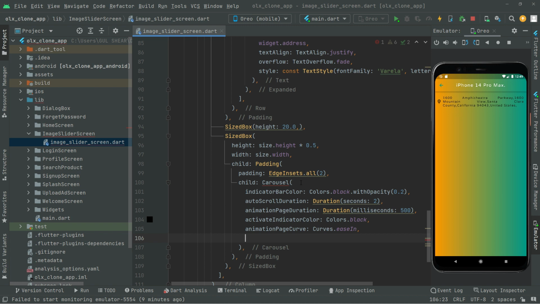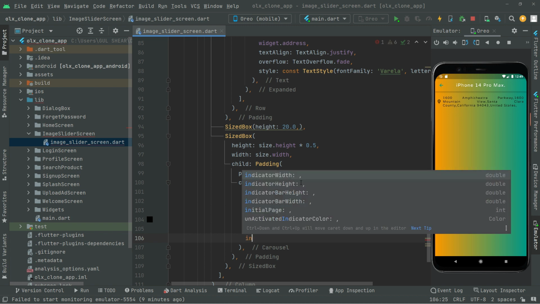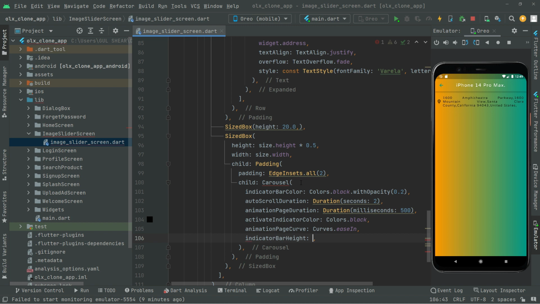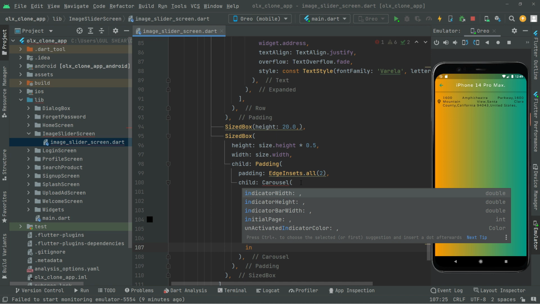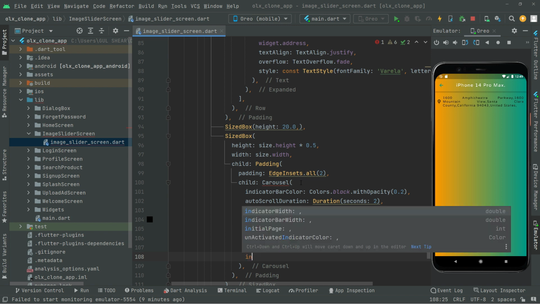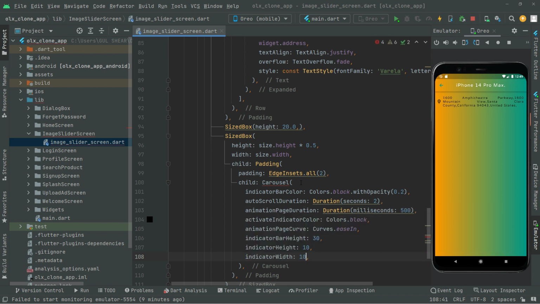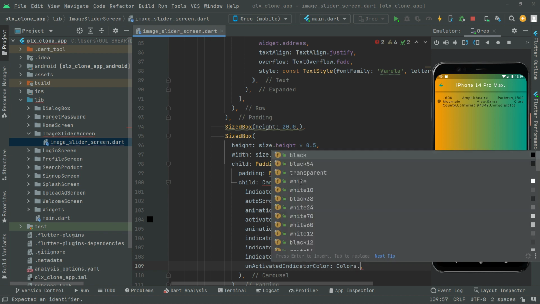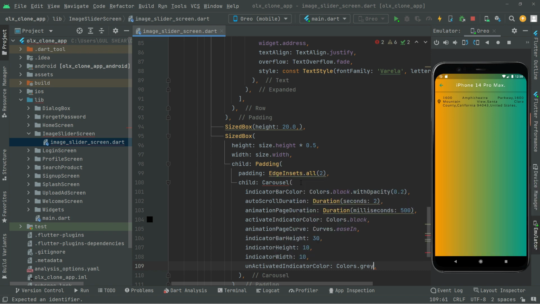Right after that let's set the indicator bar height. Indicator bar height, there we go, we'll set it to 30, and right after that just the indicator height. We will set it to 10, and right after this indicator width set it to 10. Now we'll simply set the unactivated indicator color. In here we'll say unactivated indicator color, as you can see the suggestion. In here we'll say Colors and set the color just to, let's go with the gray,